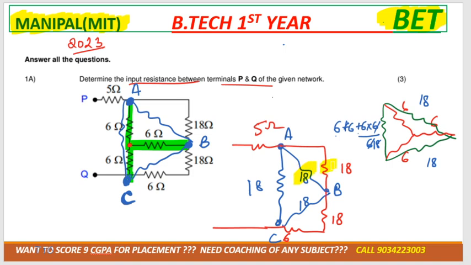Now 18 and 18, as you can see that these are connected between the two same points. So they are in series or in parallel? They are in parallel. Similarly, combine this 6 and 18 because they are in series, right? So that will become, in series, 18 plus 6 is 24. Now you can see that 18 and 24 are in parallel. What are these two? They are in parallel.